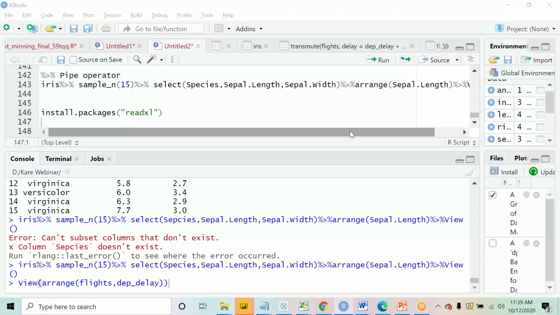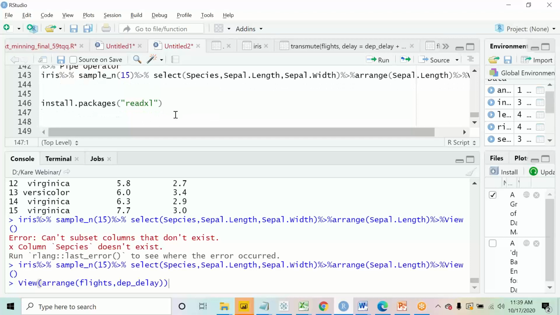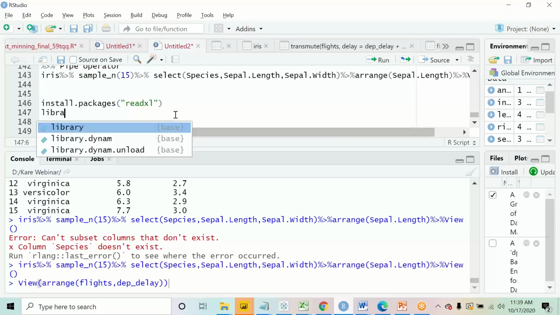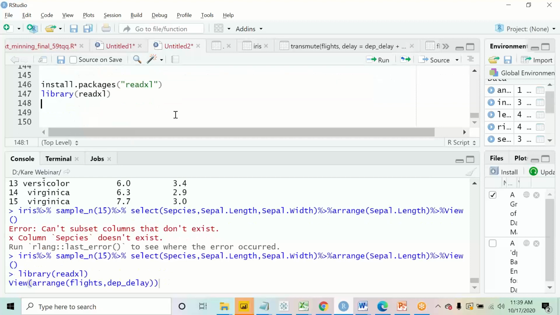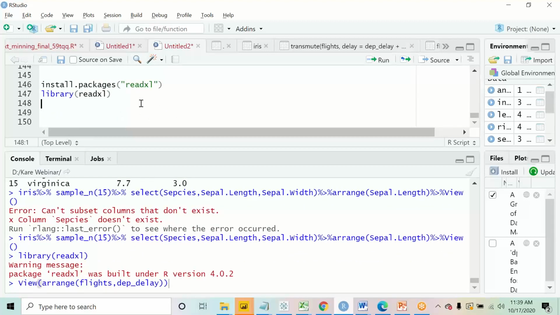Yes. Great. Now, once the package is installed, what I'll do is I will simply put it into a library, right? This is the next step after the installation. readxl, you put it into the library. Perfect. So I have got it over here. Now, when you install this package, all the functions of this package will be available. So let me give you some quick functions over here that are really handy to use.